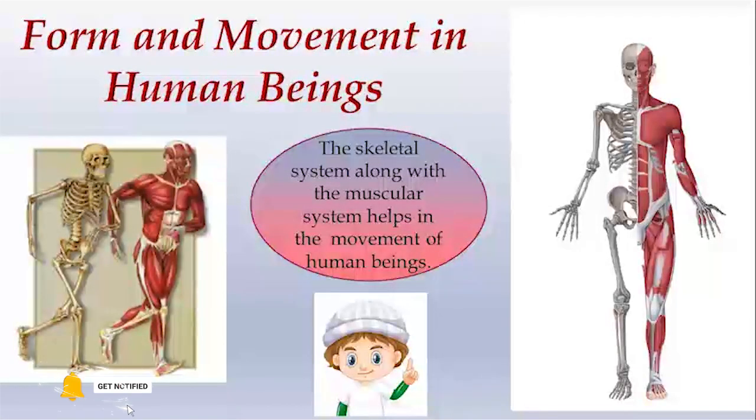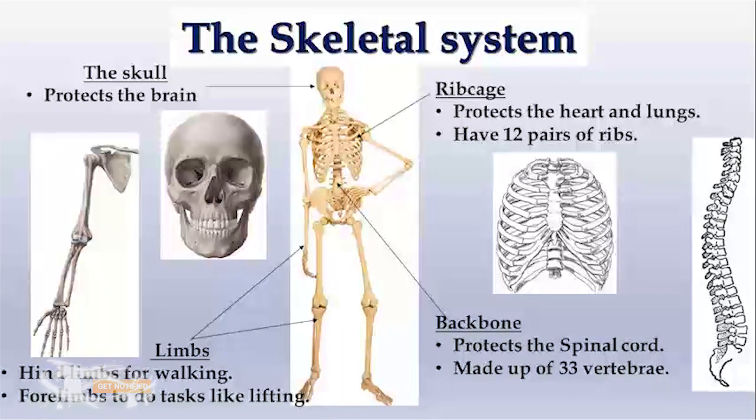Moving on to slide 3. We'll learn about the different parts of the skeletal system, which consists of the skull, which protects the brain, the rib cage, having 12 pairs of ribs, which protects the heart and lungs, the backbone, made up of 33 vertebrae that surrounds and protects the spinal cord, and the 2 pairs of limbs that allow us to perform various tasks